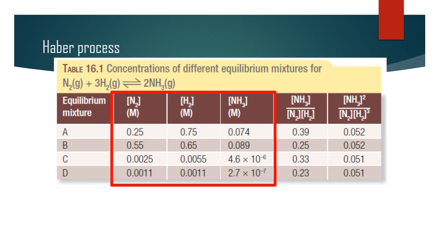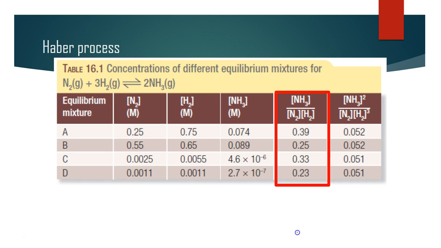However, we do start to see a relationship happening if we rearrange this equation and take these concentrations and start to treat them mathematically. So you can see here that in this one, what we've started to do is now take the products and divide them by the reactants. We see that some of these then are coming into line, and they're very similar